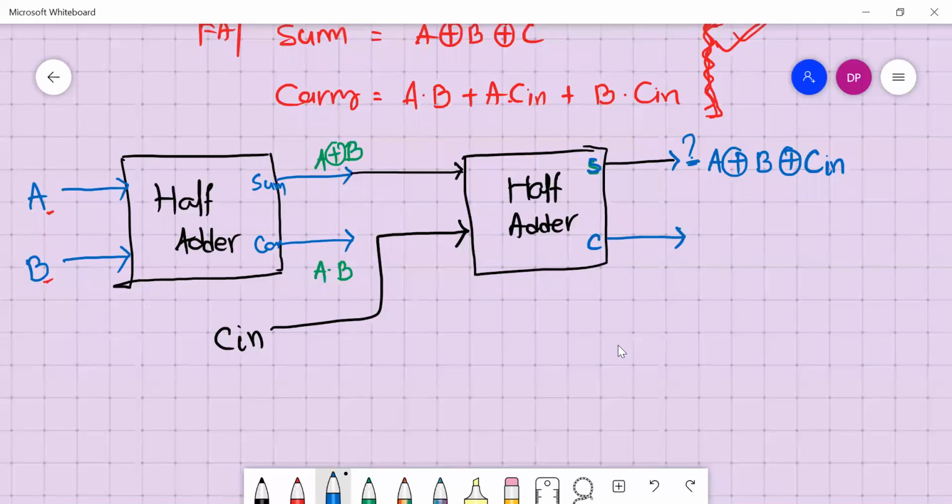So you can see this carry is AND of these two inputs. Okay. It will be AND of these two inputs. Okay. So it's C in and with A XOR B. Right.